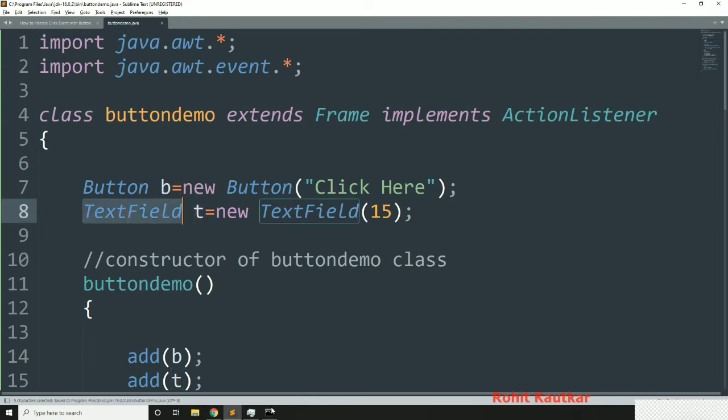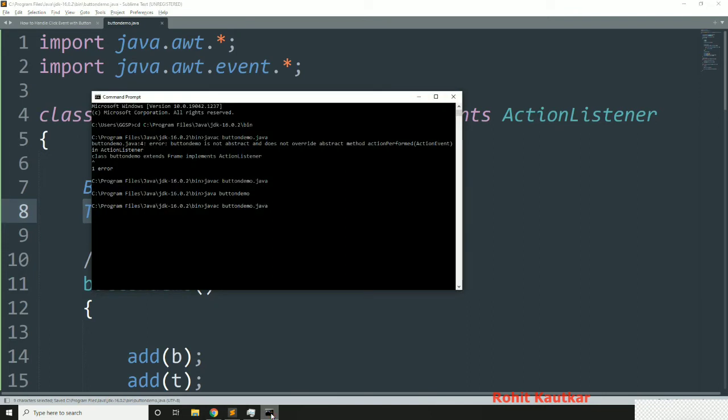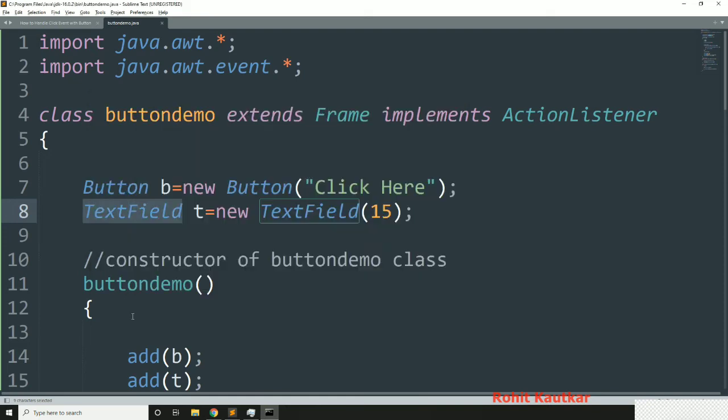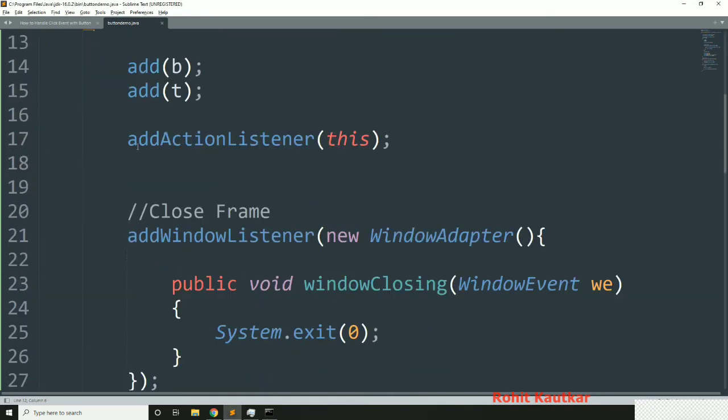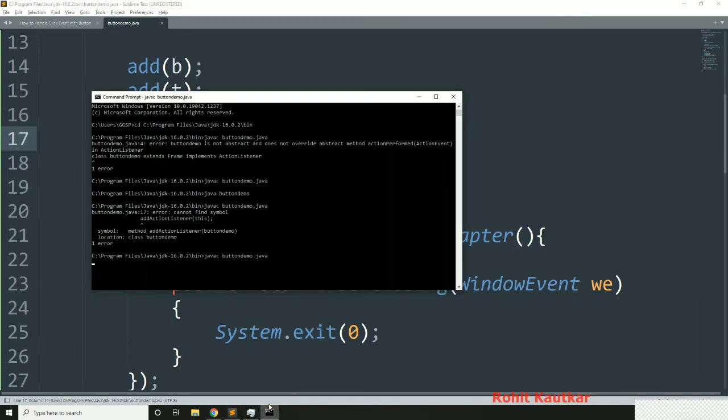Okay, now let's try to compile this again. Okay, so there should be b.addActionListener. Okay, it got compiled.